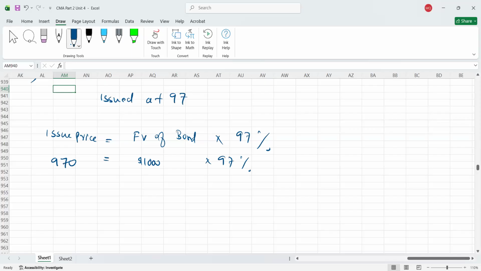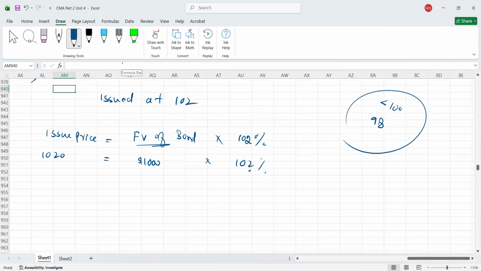Another example, if bonds are being issued at 102, how will you calculate the issue price? Issue price equals face value of bond times 102%. So again, $1,000 face value times 102%, you will get $1,020, and that is going to be the issue price. So please remember, if it is written less than 100, for example 98 or 96, it means